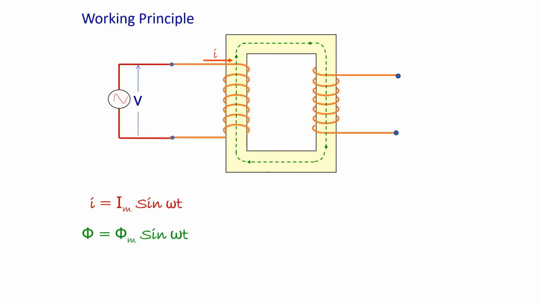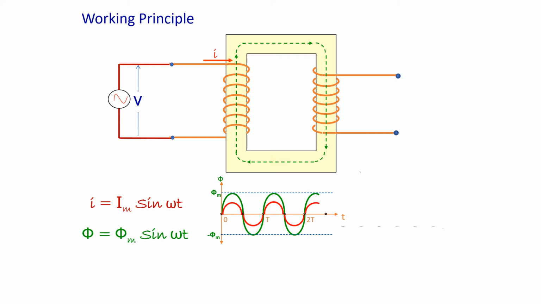The flux produced is of the equation phi is equal to phi m sin omega t. The current and flux both will be in phase. We can see it in the phasor diagram. The current taken as the reference, flux also is in the same phase. As this flux is linking both the coils, EMF E1 will be induced in the primary, E2 will be induced in the secondary. As the EMF is opposing the supply voltage V, we can write E is equal to minus d phi by dt, which is the EMF in one turn.